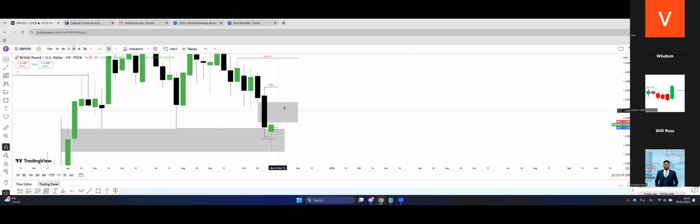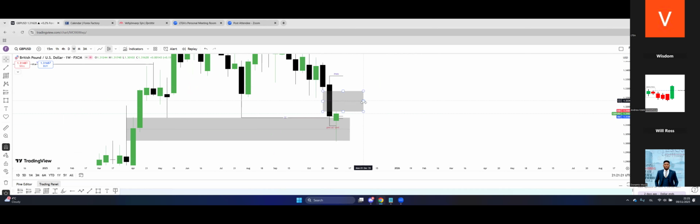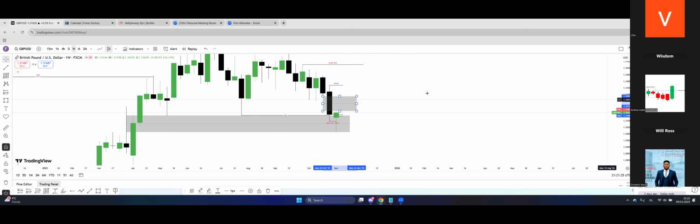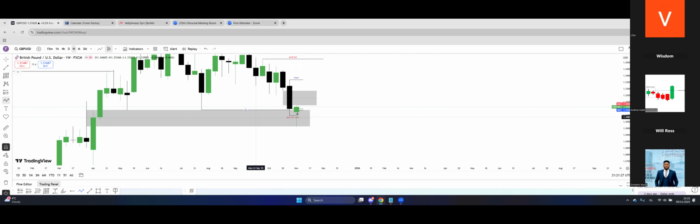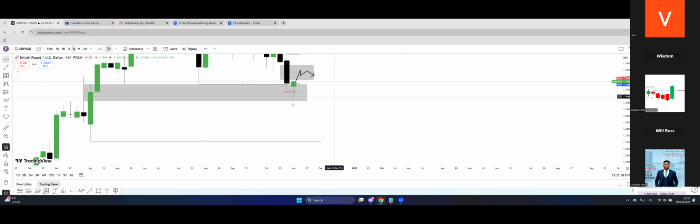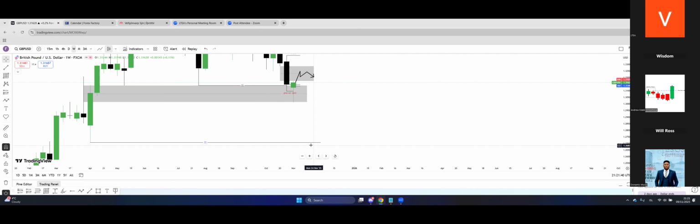Whether from this inefficiency we are going higher and higher, we don't know. But this week is what is going to tell us that we are going higher and higher, or we are going lower and lower. We will be expecting price to trade into this inefficiency and give us some kind of confirmation that it wants to go higher, or that we want to continue going lower. What does that mean? We might come for this low and probably this other low.